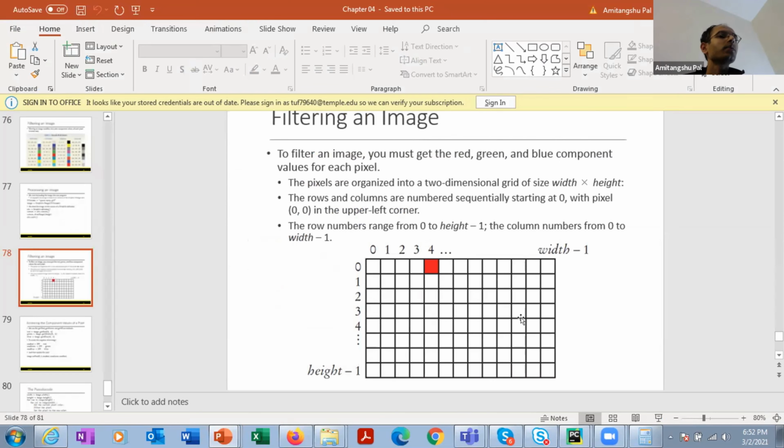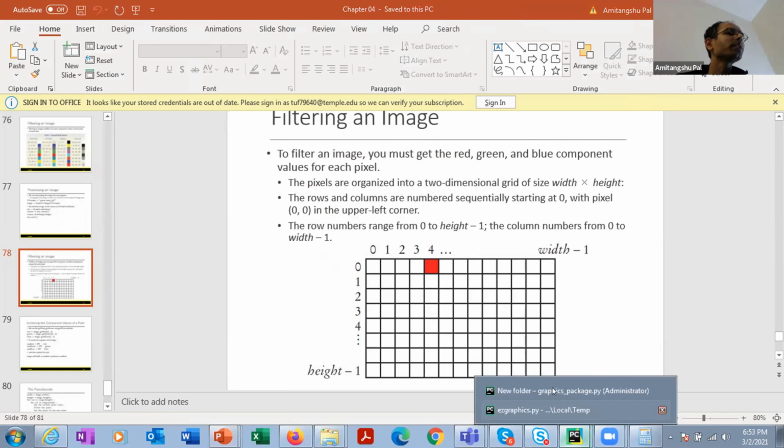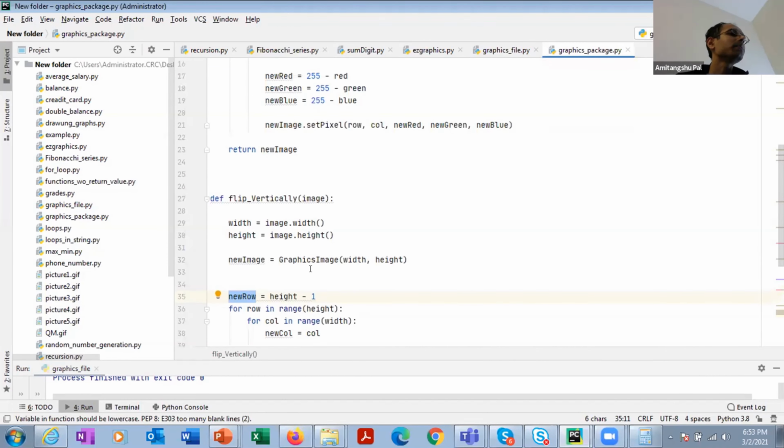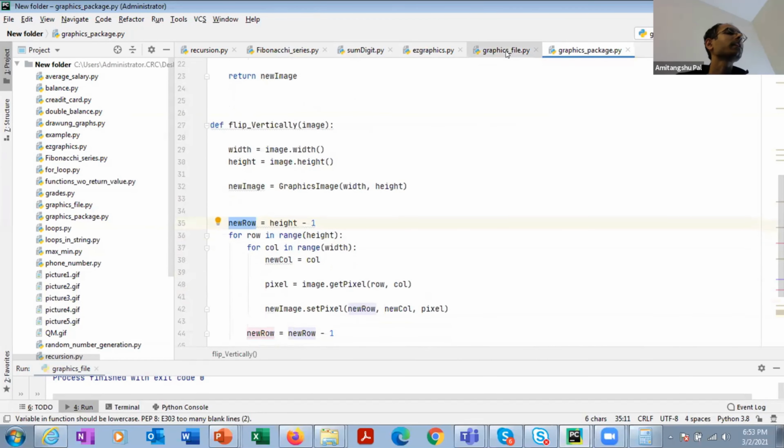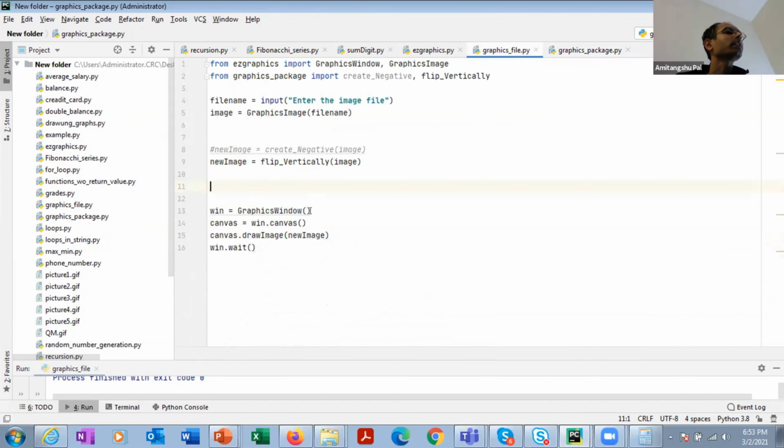If you want to make it 15% darker, then you need to extract each and every pixel intensity and make it 15% darker. That's it. You can implement multiple similar functions in this graphics package, and then from the graphics file you can call them wherever or whenever you want.